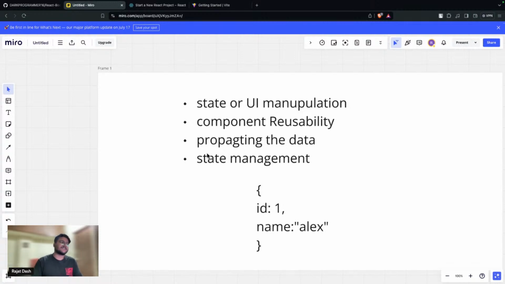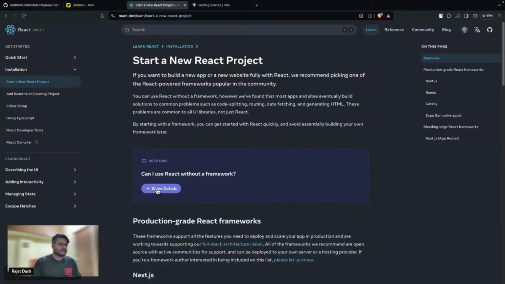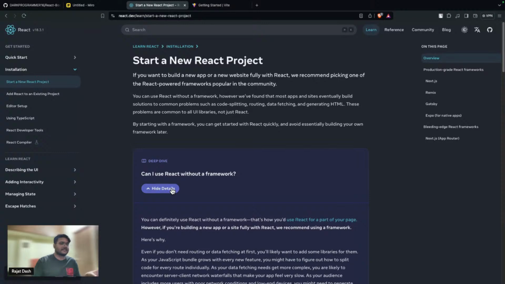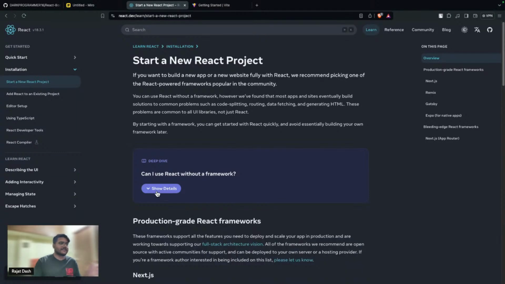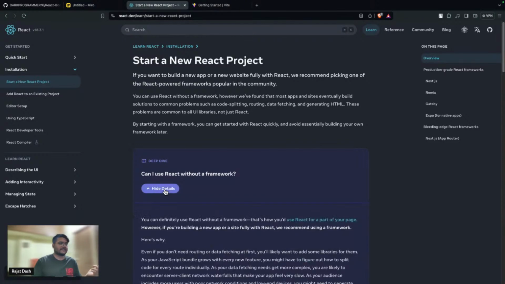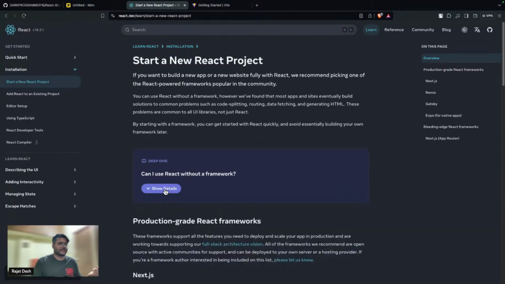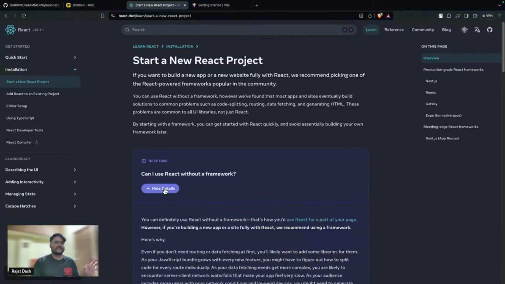And lastly, we have state management. State management is managing the state, managing the data which has been passed to the component. One of the best examples, again, is show details and hide details. I am managing it on my click, right? Something is happening to that component, and the data which is present here is changing. It is changing from show details to hide details, right? So this is called state management. State management goes to a little more complex level when we have multiple things changing on a single operation.